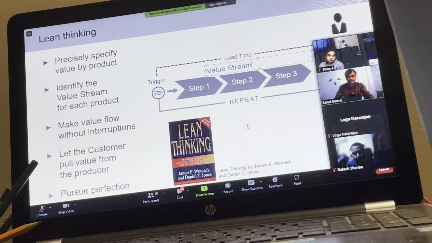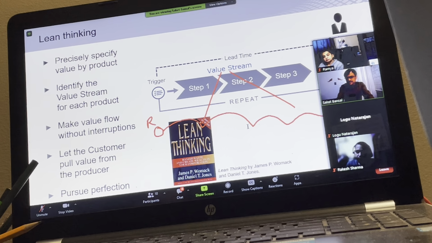But in SAFe, we have two types of value streams. If your trigger is a requirement, and your value stream delivers the product solution, we call that stream of work a development value stream. Which means that someone asked for a feature on a website, and we had requirement analysis, integration testing and everything, and we delivered it. The group that keeps delivering that kind of products and solutions, we call that development